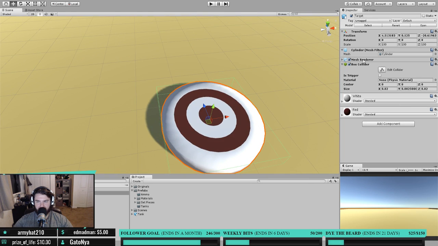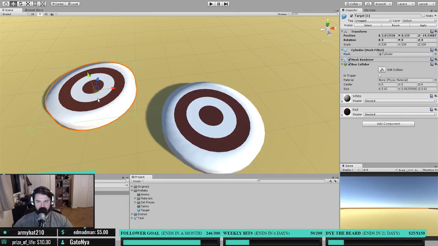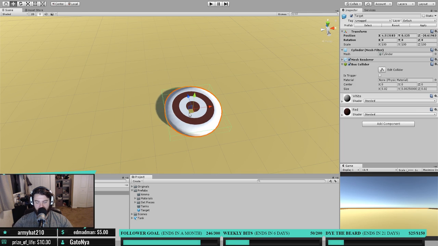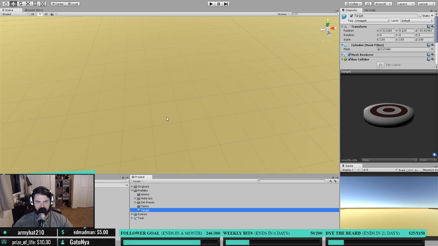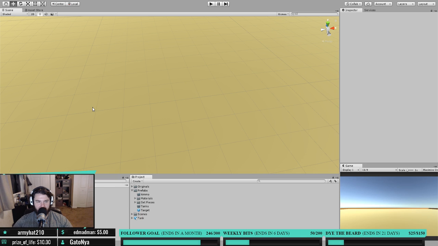That'll be okay. So now that the box collider's on there, cool. We'll go ahead. This is now a prefab, and we will make that target prefab so that way we can drop in and they all have these box colliders on it. So we'll just delete that one because we don't need it. And right now we'll delete that one because we don't need it, but we have the target for any time we want to bring it back out. Cool. Go ahead, save again. And I just want to save the project